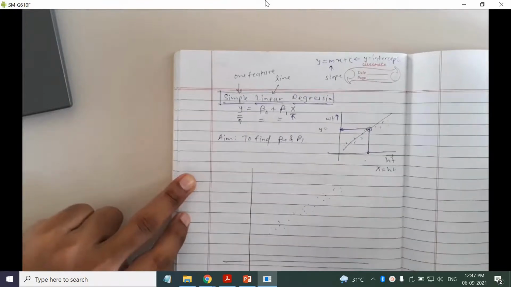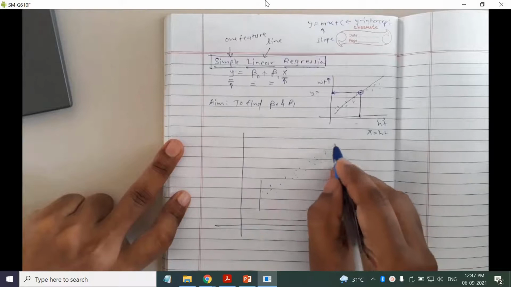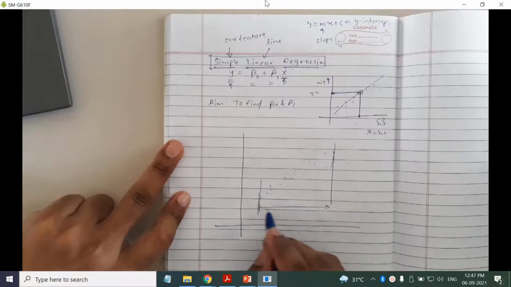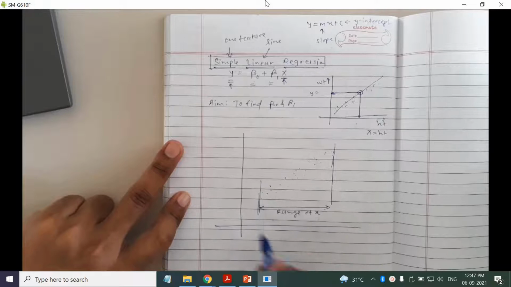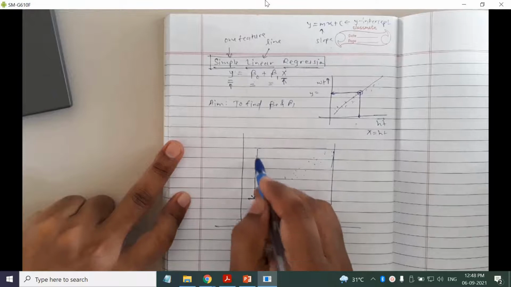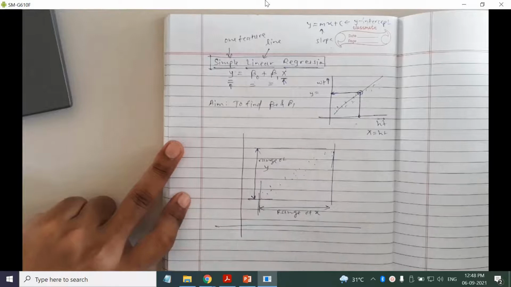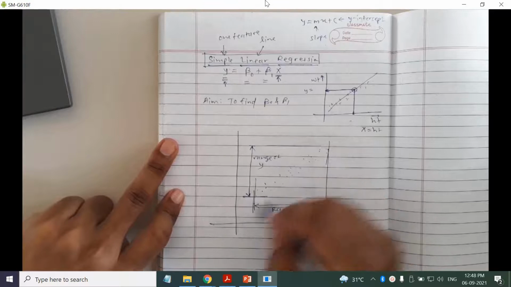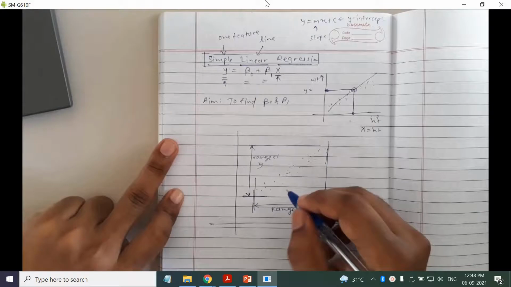So we know that there should be some relationship between the x and y. As you can see, my data points are lying in this range. This is the range of x, and this is the range of y. Now one thing I can infer from this sample is my regression line must pass through